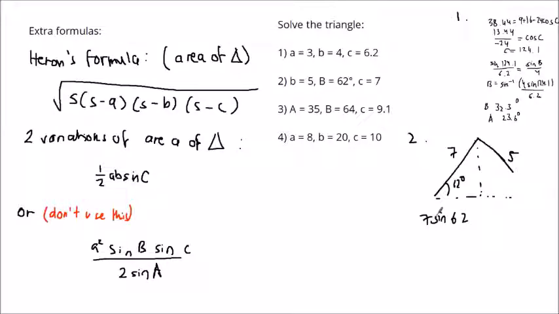So 7 sine 62, that is 6.18, right? 62 sine times 7 is 6.18, so this is not possible. No triangle. It's equal to 6.18, so there's no triangle. If you try to make a triangle, you would see that it will be sine 62 over 5